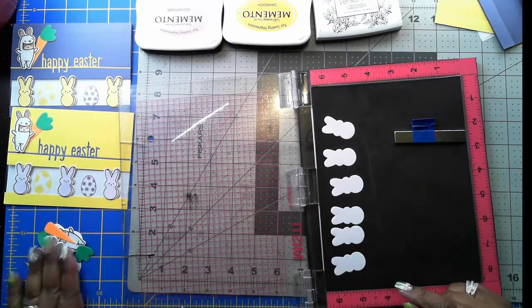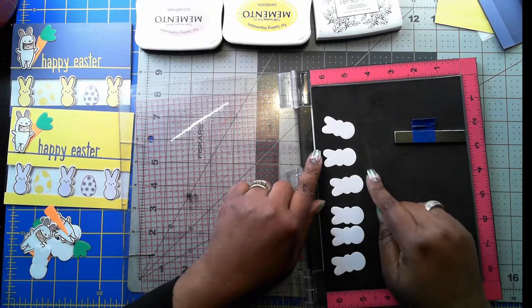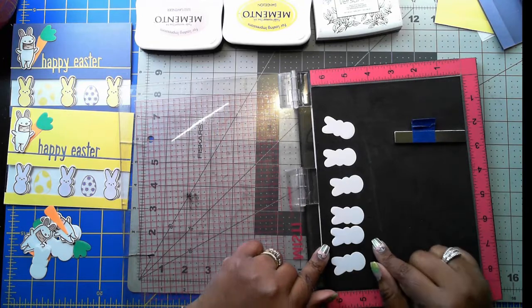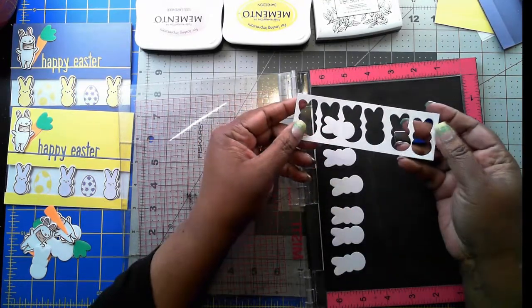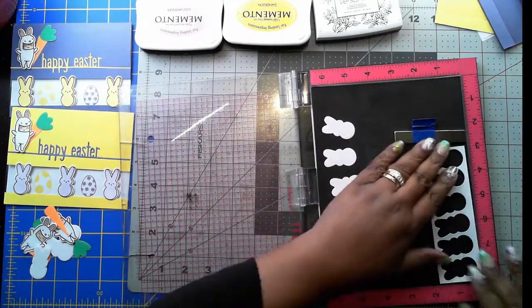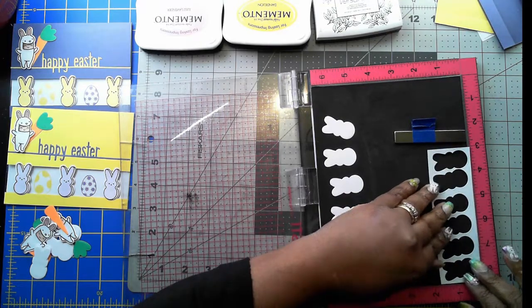I've pulled out 6 and I have 6 over here, and 6 of them need to be stamped. 3 pink, purple, and 3 yellow. And I'm going to use the negative space from my die cutting to help me line up these die cuts. So I'm going to take and put the negative space into the MISTI